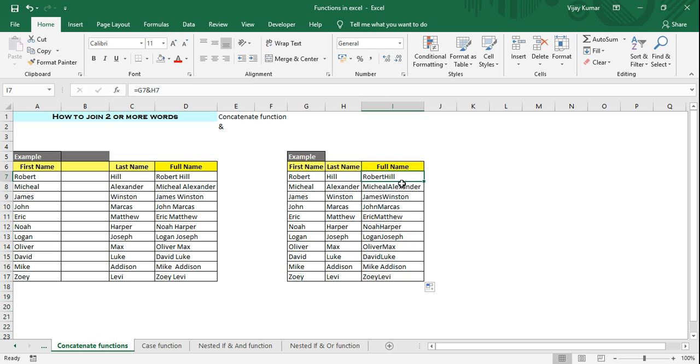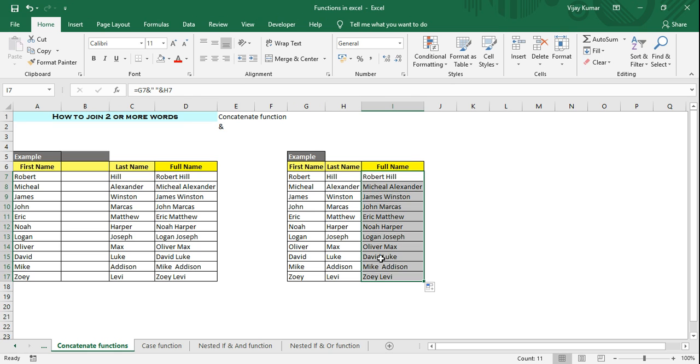Again, there's no space here, but there's no need to put an extra column like with the concatenate function. You can just go ahead and put a double apostrophe sign with some space in it. I've just created some space in it, and then again use an ampersand. So I've selected the first name G7 and joined an ampersand with some space, and again the space I have joined with an ampersand to the last name. So basically this ampersand operator is used to join two or more words. I'm going to press enter and then drag it down, and there you go.